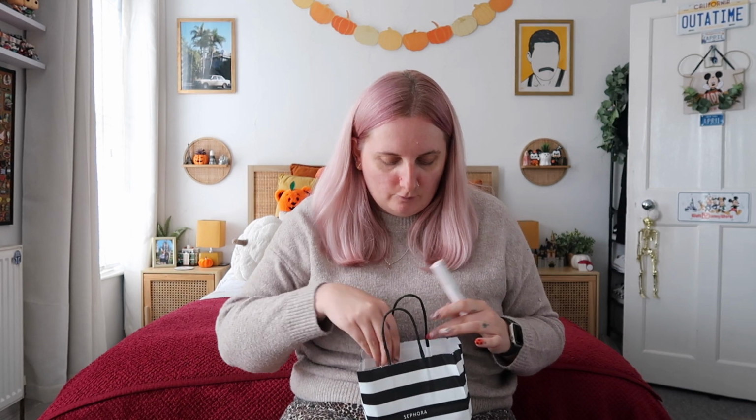Before I get into the Sephora stuff, I shall just show you the two things that I picked up in Glossier. So they have a massive shop in LA now. It is about a 10-minute walk if you kind of know the Beverly Center area. It's on Melrose Avenue, but right at the end of Melrose Avenue. It was about a 10-minute walk from where we went to the Beverly Center, so I thought I would, and we went towards the end of the day and it was absolutely dead, so we literally had the whole shop